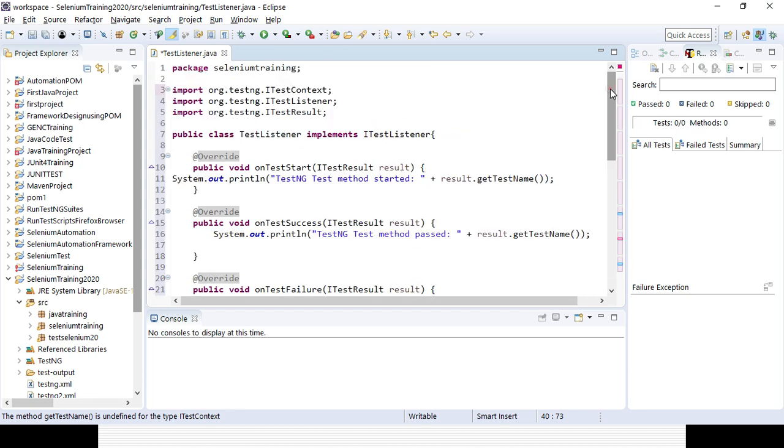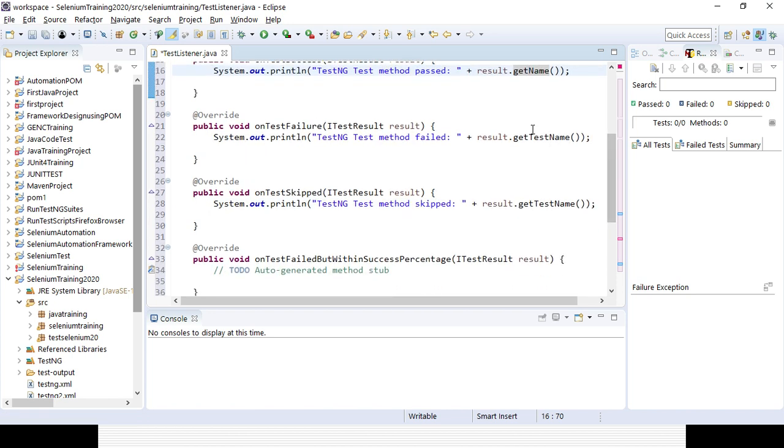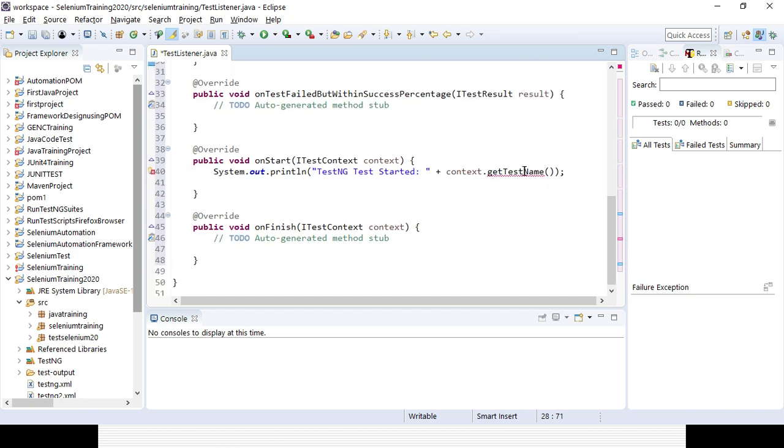Sorry, it is not test name, it is only get name, otherwise it will give you test name. I want to get the test name, so here it will be get name. So TestNG test started, it is not the method, it is the class, I can say, context dot get name. You can see it's working fine.